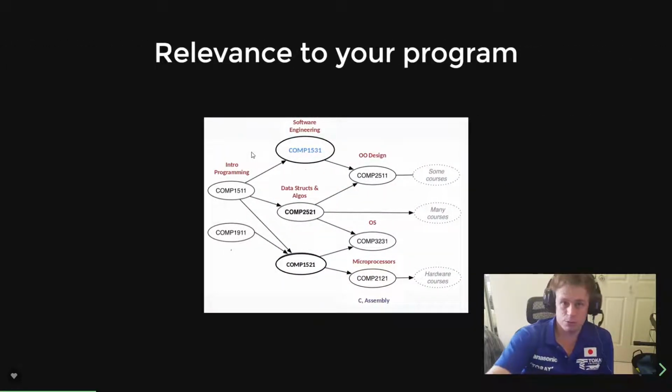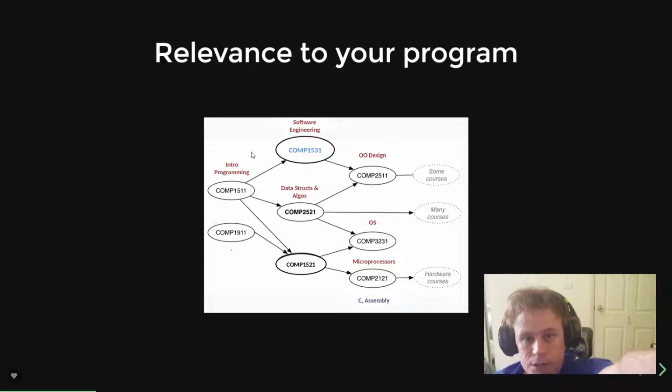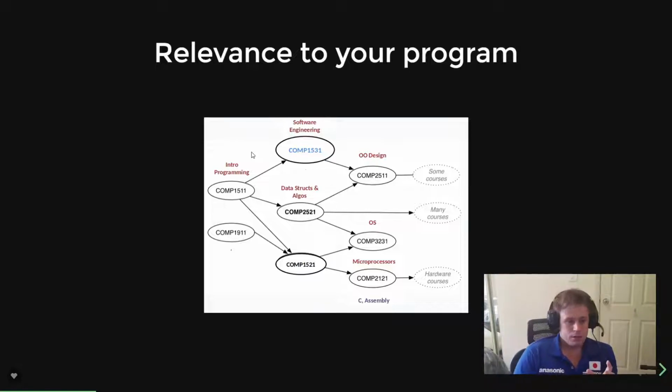How this fits into your program is pretty straightforward. As you know, you do COMP1511 and then you get sent off in a few different directions, but I don't need to talk through this diagram, and it's probably outdated because this stuff changes all the time.